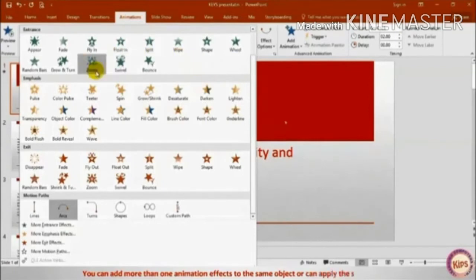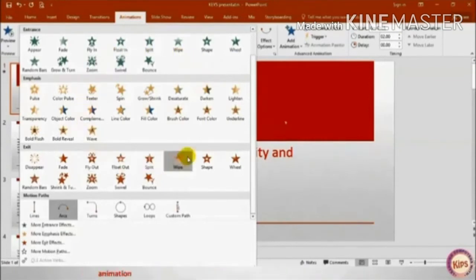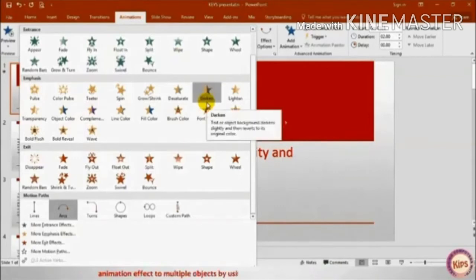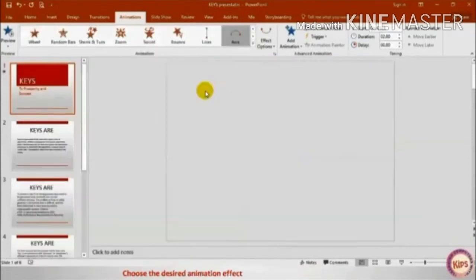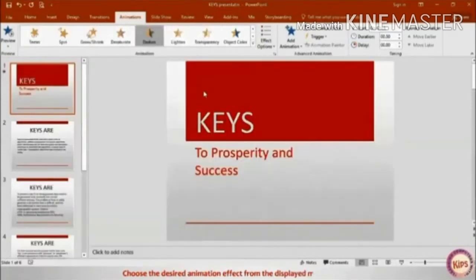So you can add more than one animation effect to the same object, or apply any other animation effect to multiple objects by using the option in the animation group. In this way you can choose the desired animation effect from the displayed menu.